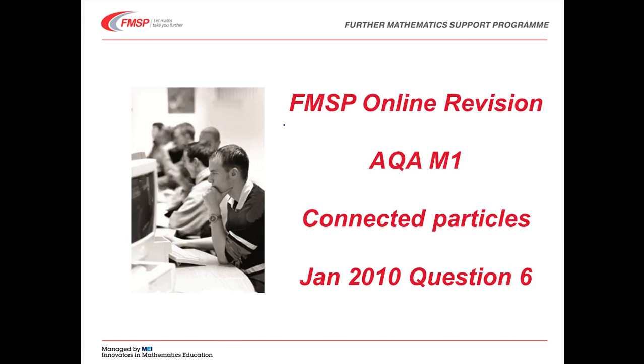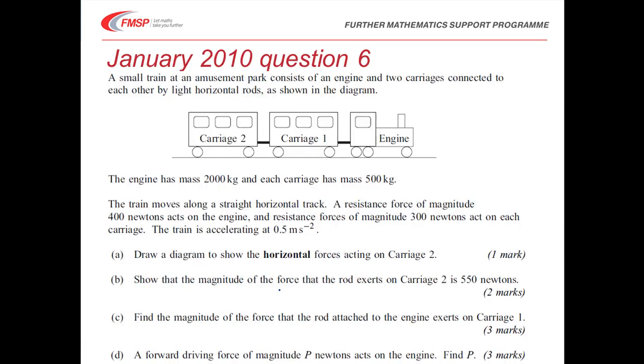This revision video is for AQA M1. We're on connected particles and it's question 6 from January 2010. So let's see. We've got a small train at an amusement park which consists of an engine and two carriages